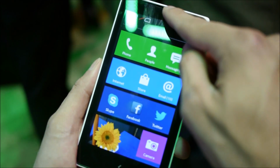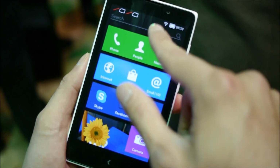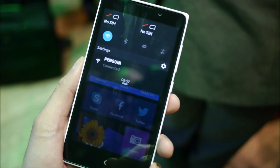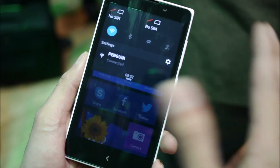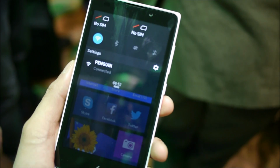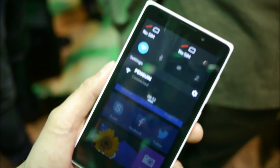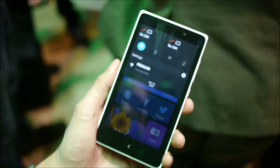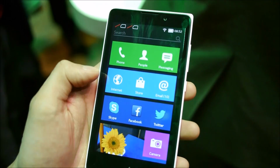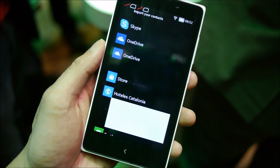The other neat thing is from the top, panel down, I believe this is going to be your notifications area too, on top of just being given access to your connectivity features. It's nice to have that just because with Windows Phone, we know that you have to go through the settings just to activate things like Bluetooth, Wi-Fi, and even some of the other core connectivity features of the experience. If I swipe over to the left here, you're going to have your